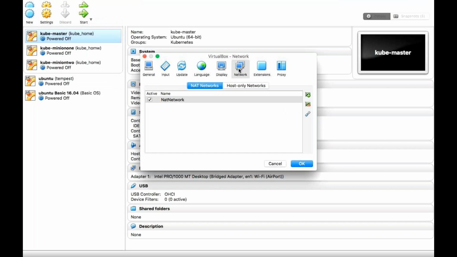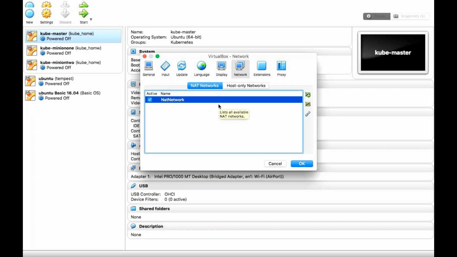I will give you one Linux document where I have updated the screenshots of how to configure the network, so you can follow it. When you click on network, we have two sections: one is NAT network and one is host only. NAT is already created. If it is not created, just click on the plus button here and it will create automatically. Minus will remove it, and this is for edit, if you want to modify something in this network, then you need to click on edit.